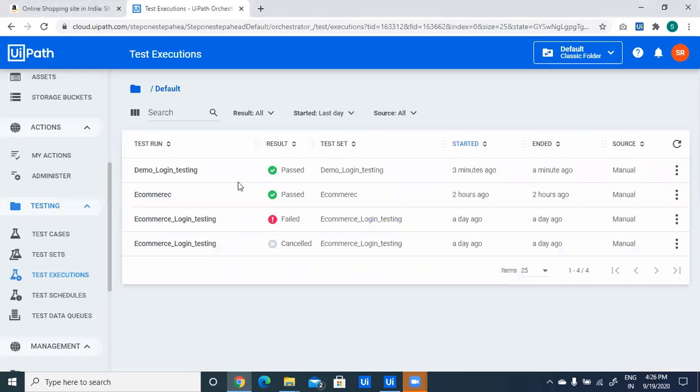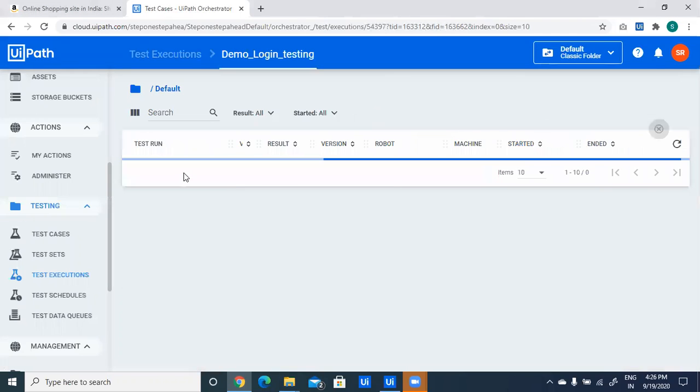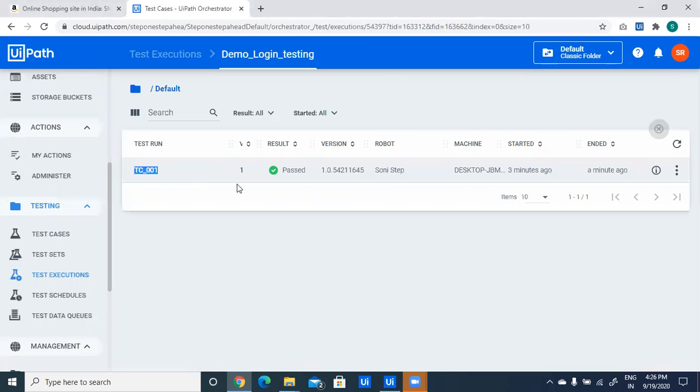This is my project name and the result is passed, and click on this detail. We can view our test case name. This is my test case and the result is passed with this started execution.